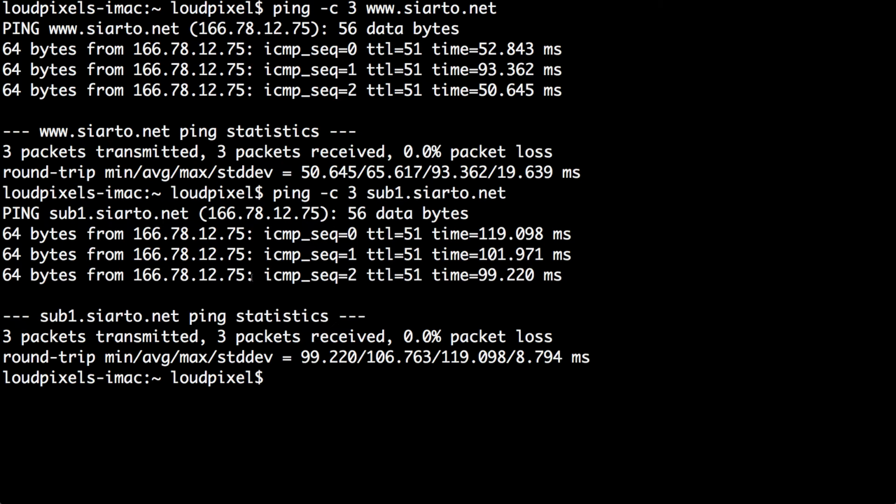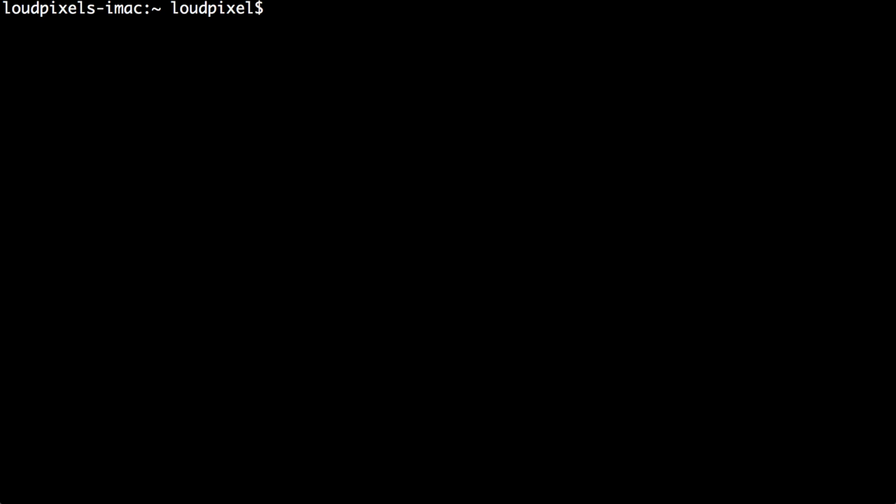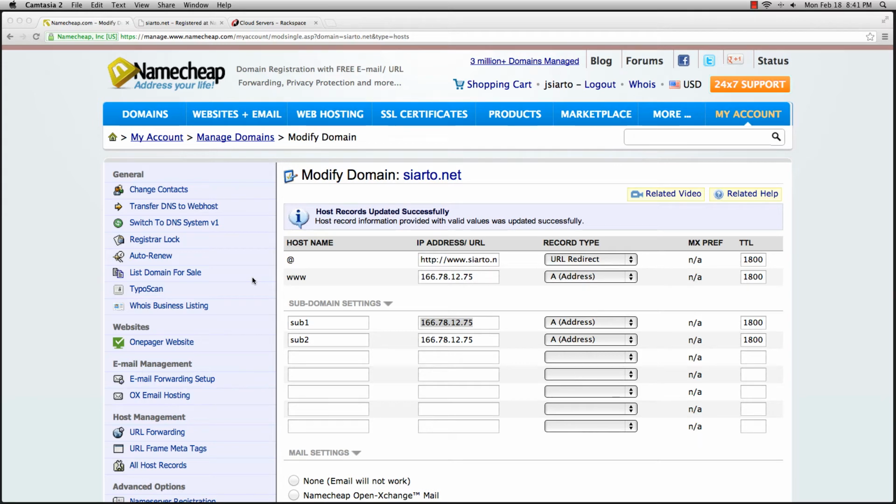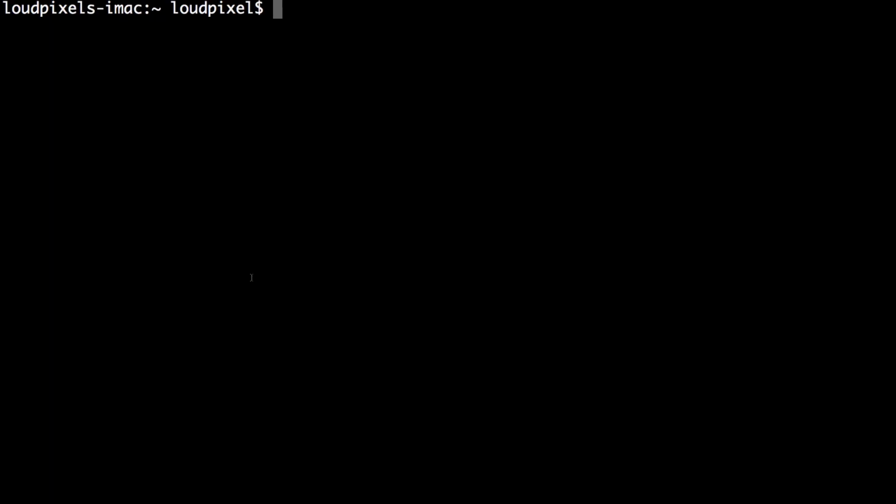Like I said, give it some time. If it hasn't propagated yet, or if you're still waiting on it, give it a little bit more time. If you're still having issues with propagation and it's not working, first double check that you have all your settings right in your DNS, and then also double check that you've saved everything and that those settings are intact. If you're still having issues, you can use the hosts file on your local computer, and on a Mac that's going to be in,